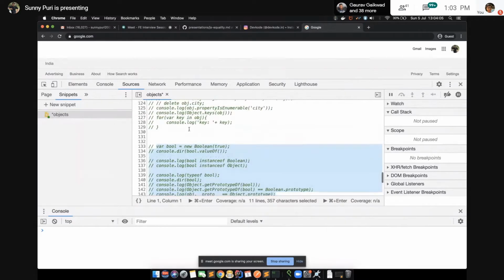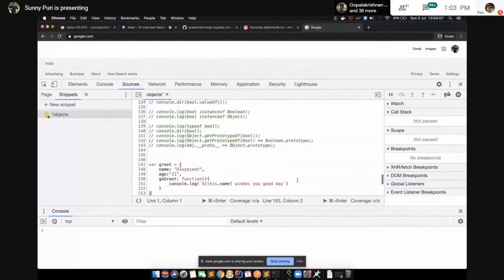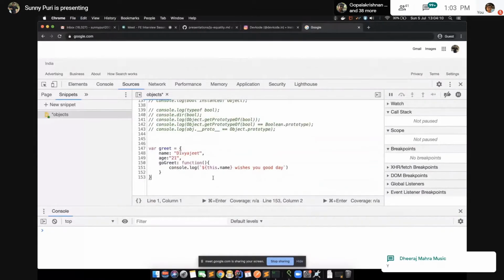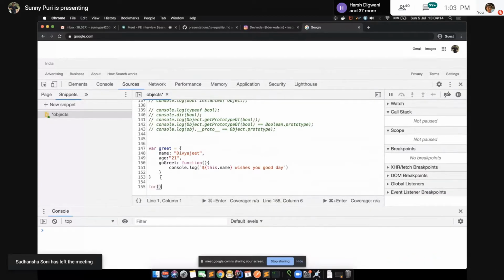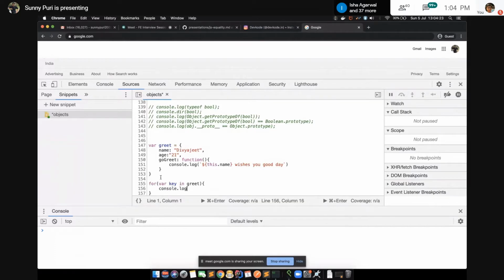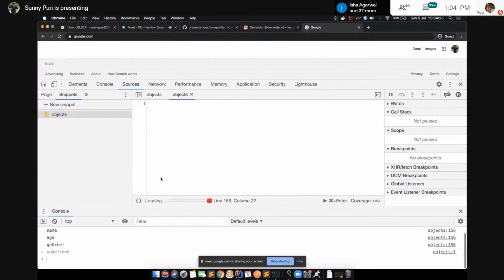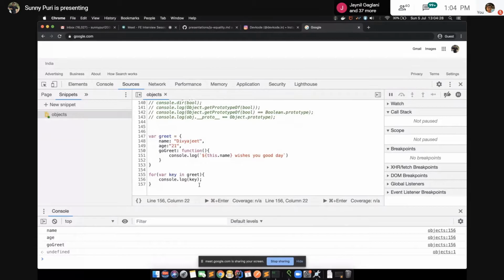Whatever Divijit has shared. Okay, so let's say this is the example, and he's saying whenever we are doing greet, but we are getting an error.